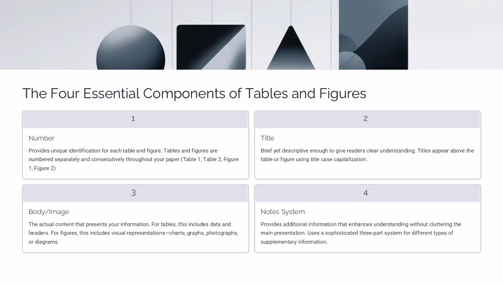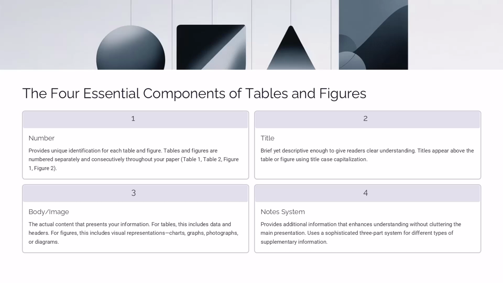The 4 essential components of tables and figures. Tables and figures in APA style follow a precise 4-component structure that ensures clarity, accessibility, and professional presentation. Understanding these components allows you to create effective visual presentations of data and concepts that enhance rather than complicate your